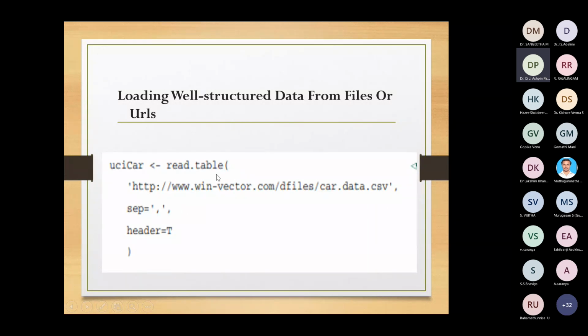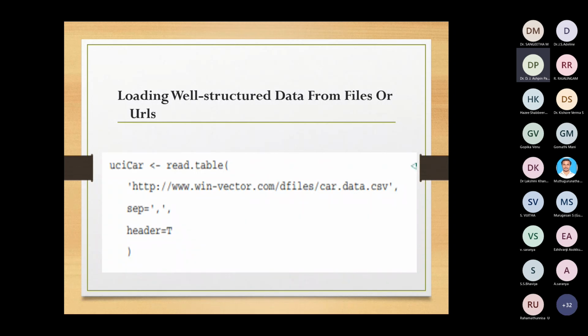Actually this is the command directly; the data set is loaded from the URL. That's why it comes in single quotes, and then you have to specify the separator: comma means comma, and tab means tab. And header equals TRUE or FALSE comes next. If the first row represents the header, you have to specify header equals T.